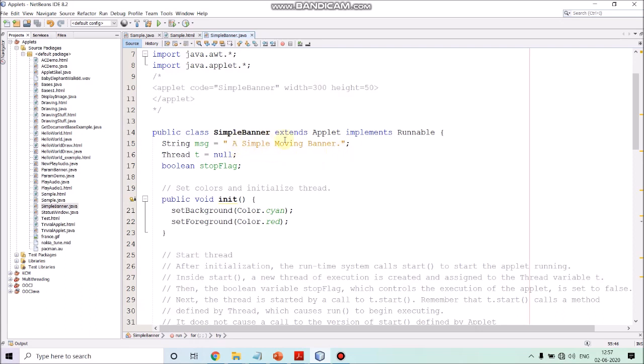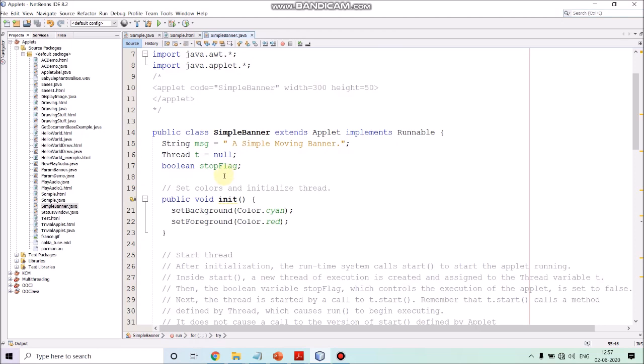Basically this message we want to display and scroll inside the applet. t is a thread object reference which is initially null, and we are using a stop flag to indicate when we want to stop the thread.